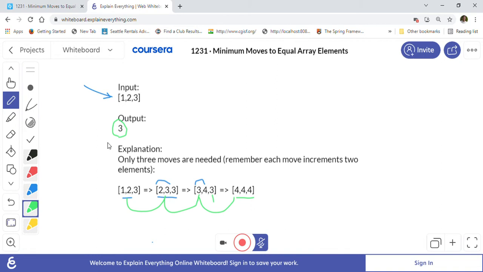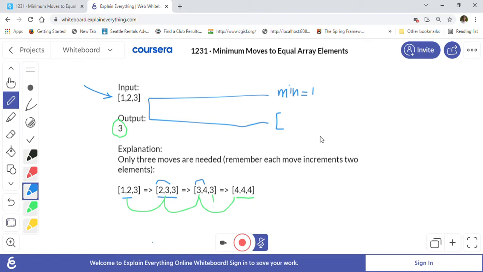The approach we are going to take to solve this problem is we will first go through all the n elements and find the min from the array. The minimum number in this array is equal to 1. After that we will go through this array one more time, all the elements, and calculate the difference between every element and the minimum element.